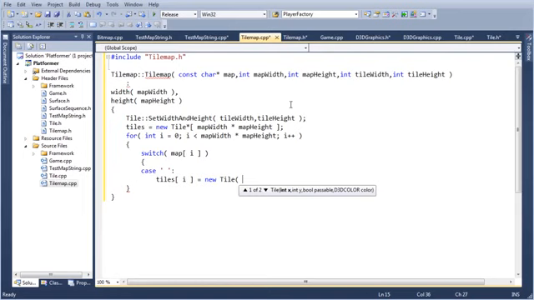Here's where the x and y would come in handy, the two-dimensional stuff. Because now I want the x and the y actual position of the tile. I can get that from I, but it would be kind of tricky, a little bit.